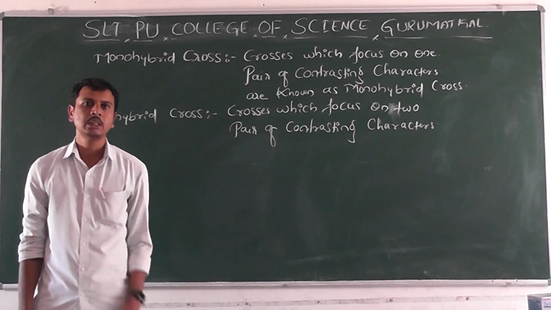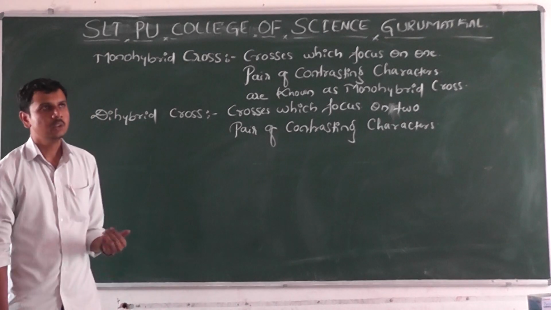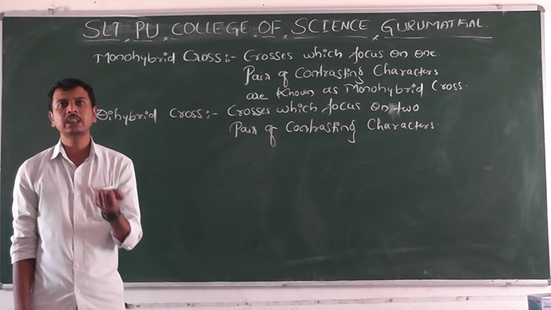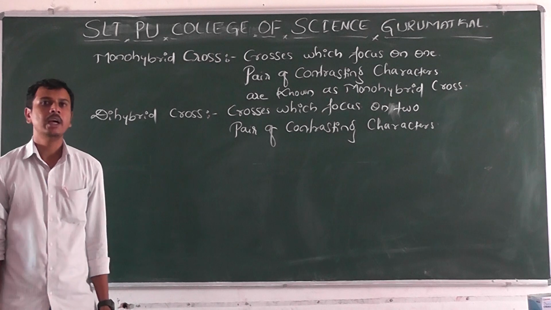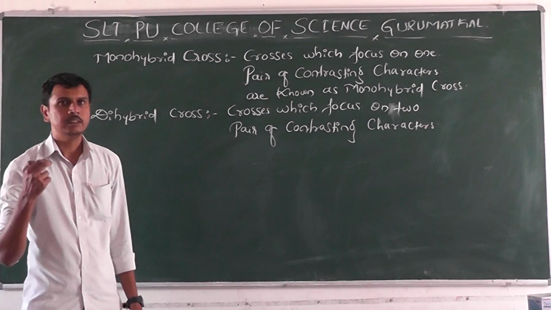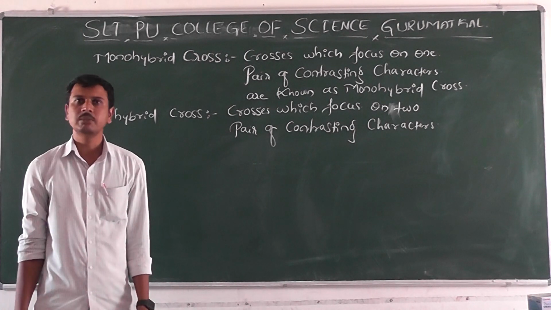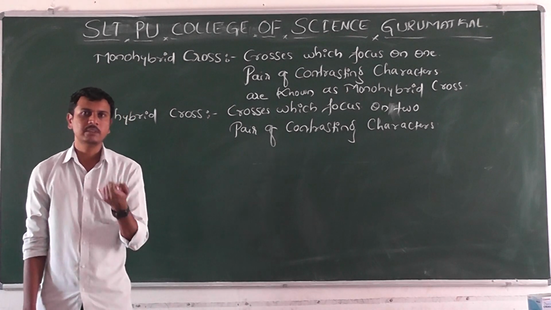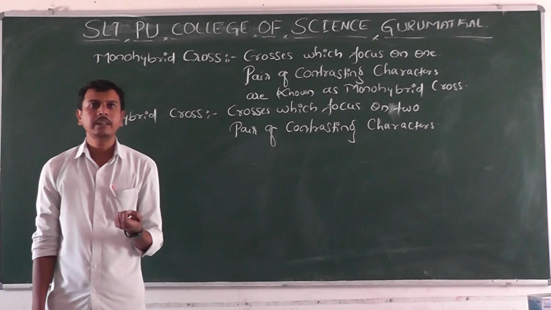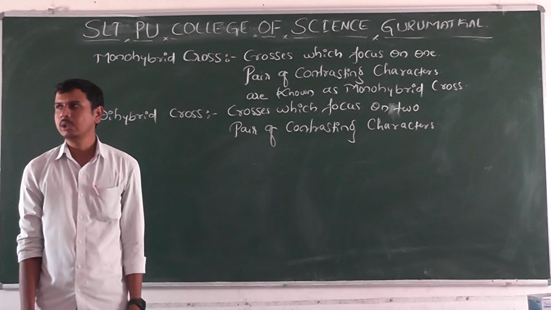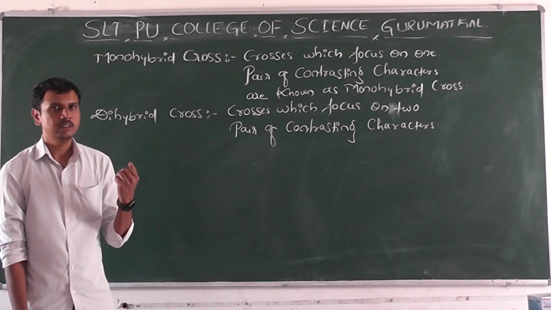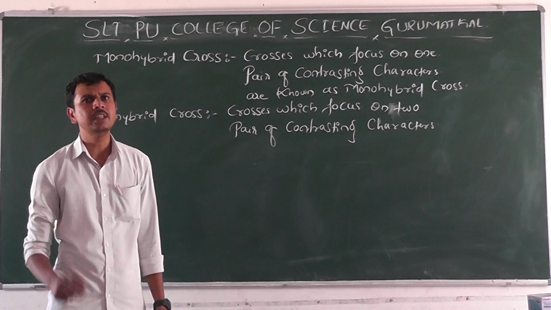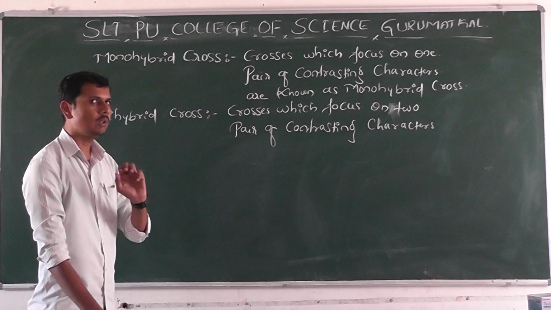Otherwise, we call them homozygous gametes. When it comes to heterozygous, different types of genes are present, and we call it heterozygous. Phenotypic characters mean the observable characters. Genotypic means we concentrate on whether similar genes or dissimilar, different genes are present. So this is what we are going to see.